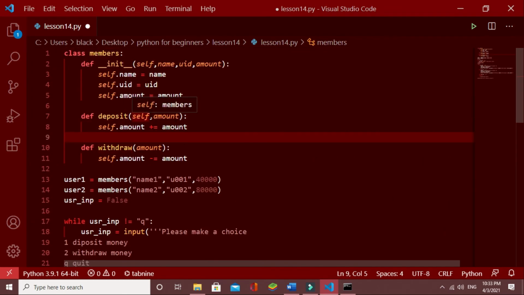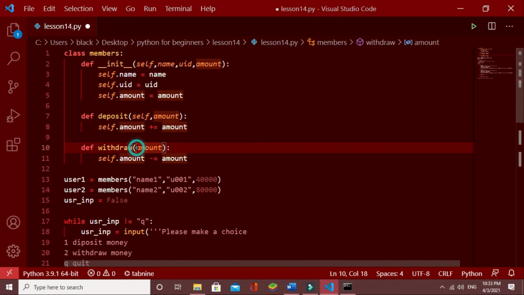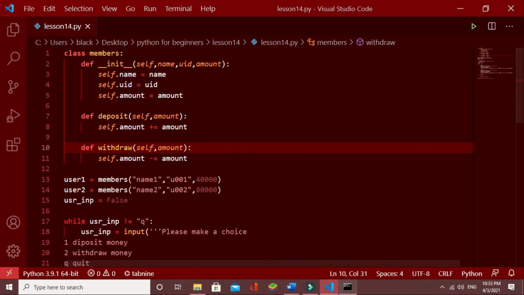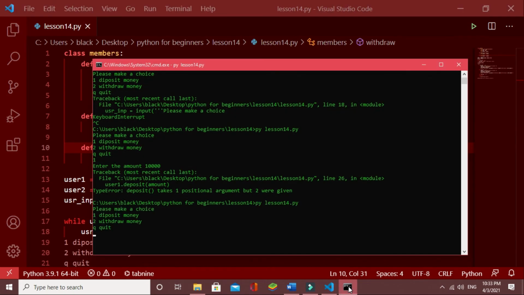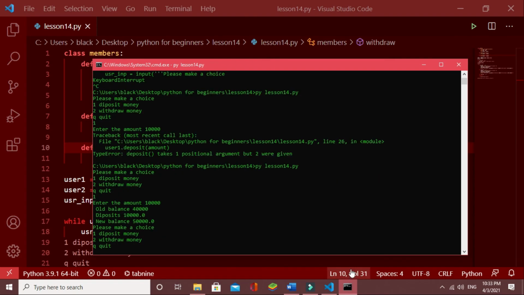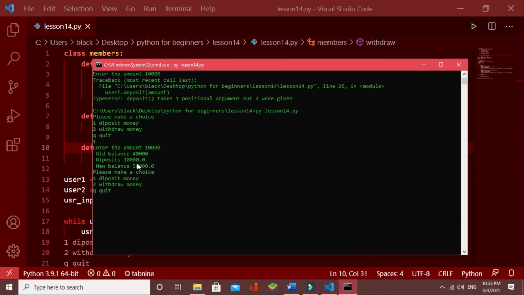We have to give this self here, or otherwise it won't get any object as instance object. Now let's try again. This is 10,000, and it is telling us old balance is 40,000, deposits are 10,000, and the new balance is 50,000.